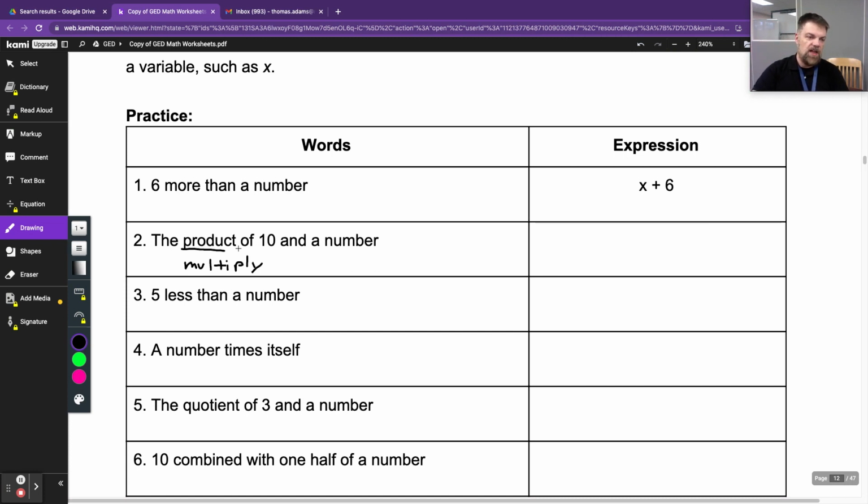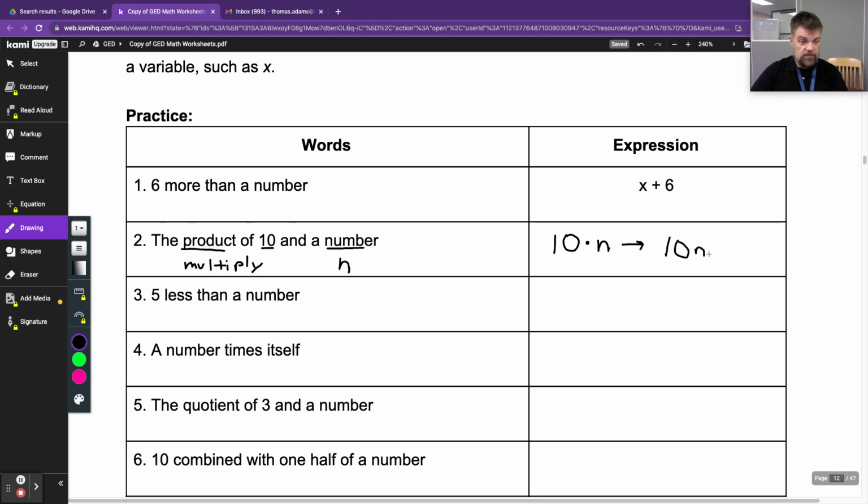Well, what are we going to multiply? We're going to multiply 10 and a number. So I'm going to say 10 times a number. We don't know what the number is. So whenever they don't tell us what the number is, we could say n or x. It doesn't matter. Any variable will work. Well, if you say 10 times a number, that's the same as just 10n. So whenever you have a number in front of a letter or variable, the implication is that it's 10 times